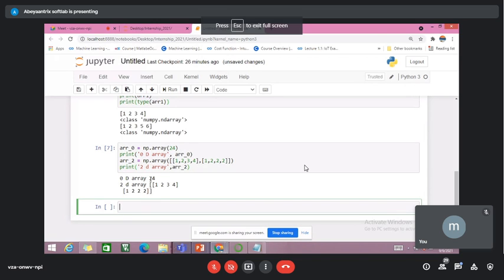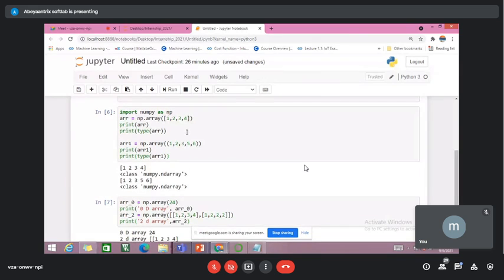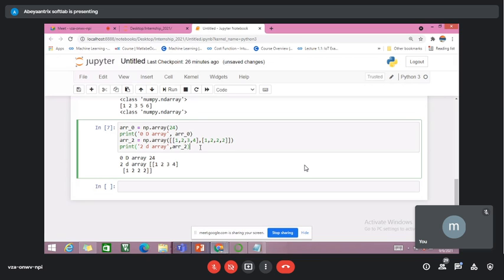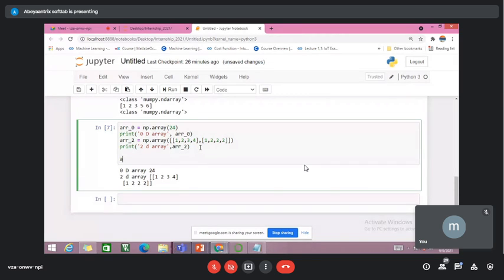You can see here, a zero-dimensional array has one element, whereas we have already seen one-dimensional lists. That is what we were trying here. Whereas two-dimensional is this. We have two rows of data here with 4 columns. That will be a two-dimensional array. Similarly, if I want three-dimensional,